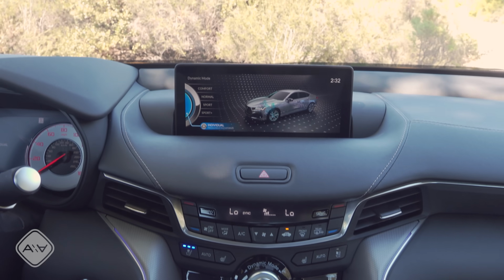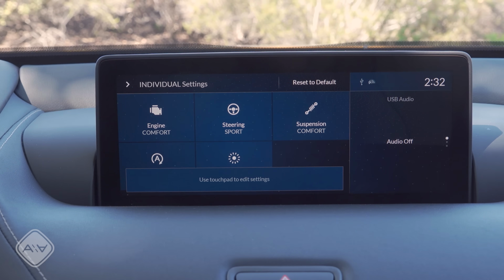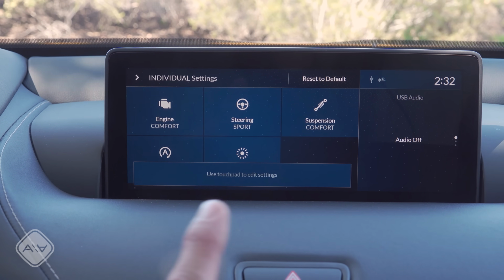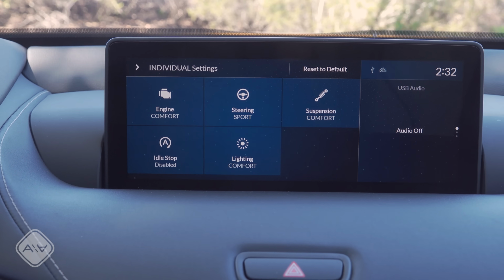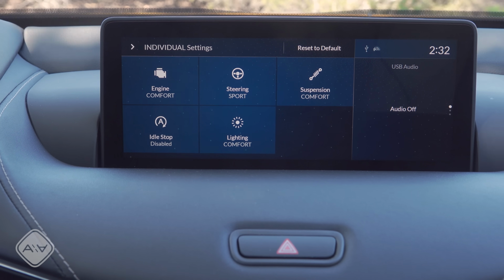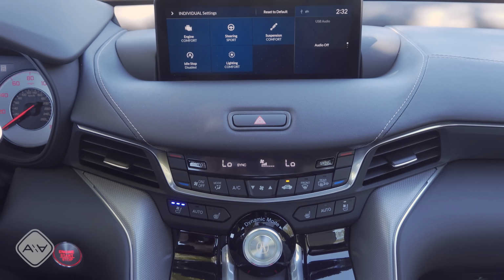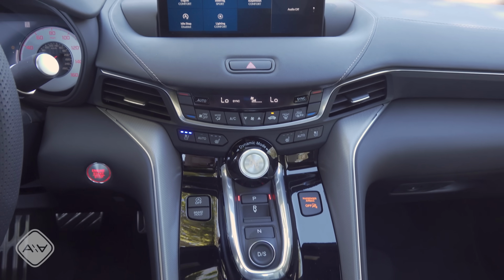If I hit that dynamic mode button right there, you can configure the mode right here in the infotainment screen. You can choose between 3 different settings for the engine. There are a bunch of different steering options, suspension options, and you can even link your ambient lighting to your drive mode. The suspension and the steering are definitely differently tuned than you find in the regular TLX model. Acura says that they wanted the drive modes to feel a bit more distinct than in that